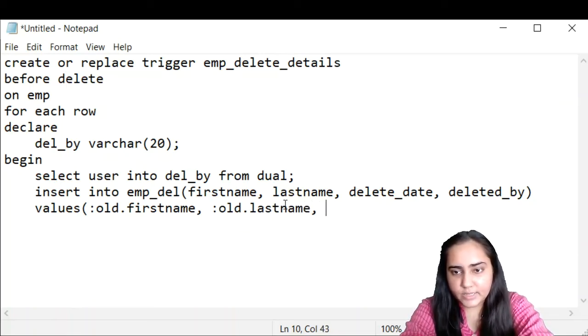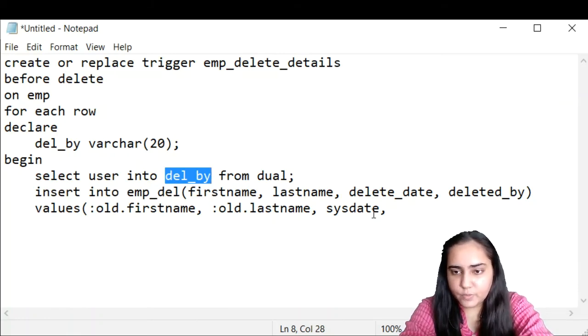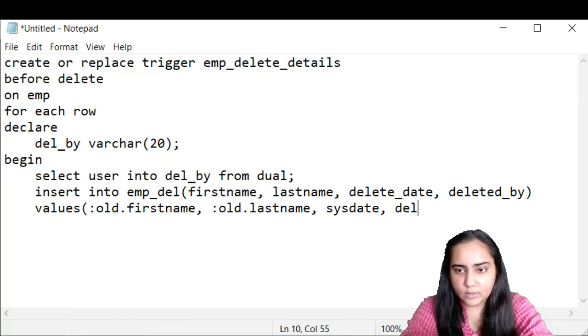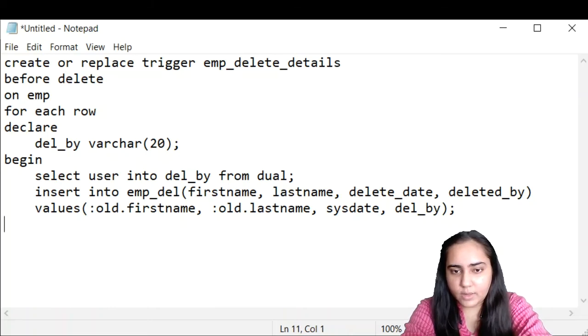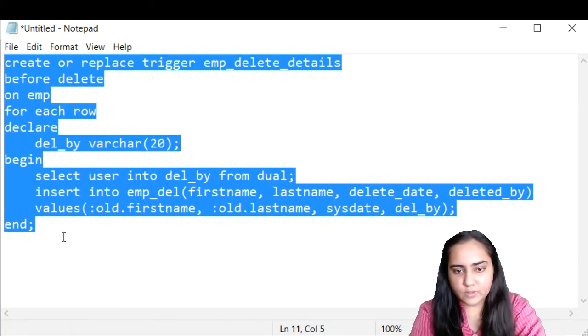And now for getting the date, you can just mention sysdate. Sysdate is a built-in function in SQL that will give you your system's date. So I can just write sysdate. And now I already have the name of the user in my del_by variable. So I can just mention that. So del_by and bracket semicolon, and that's it. I can end this, and this trigger is actually ready, and I can just copy all of this